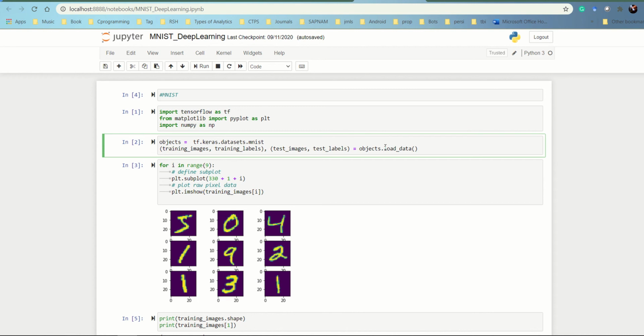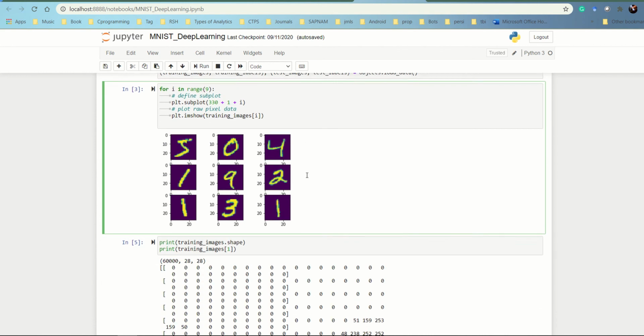Now the next step is to understand how the image looks. We need to see the image content. We are displaying the content with for i in a range of 9, and we are just plotting it using subplot and imshow. Both are very important, and with that we have displayed the image content. This will give you an idea of what is inside the MNIST dataset. We have pulled out not everything, just some sample images so that we can get clarity about how it looks.